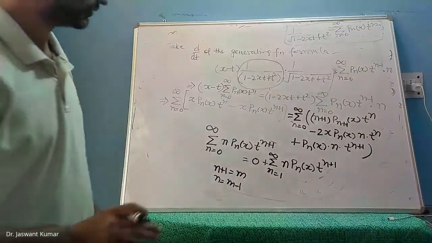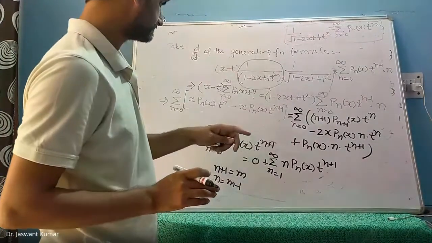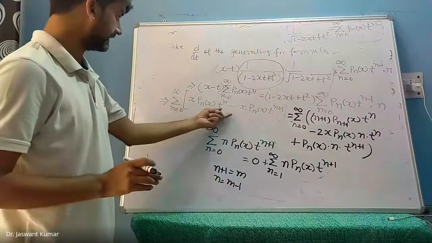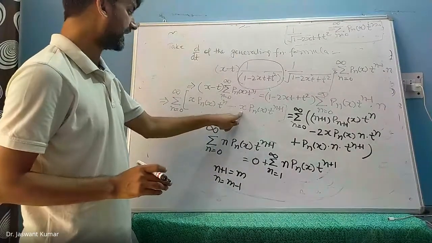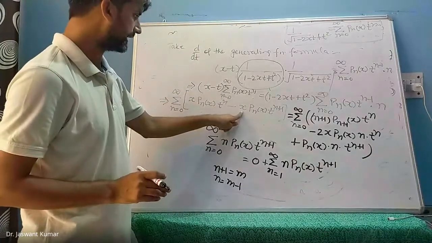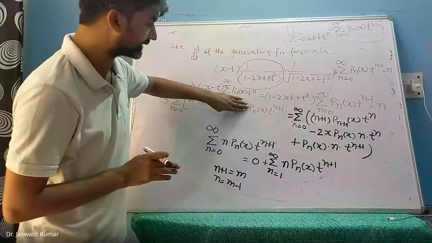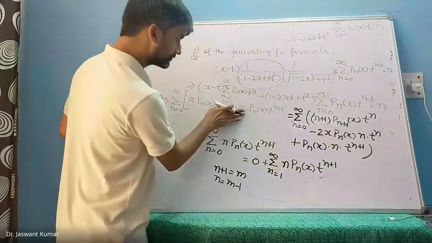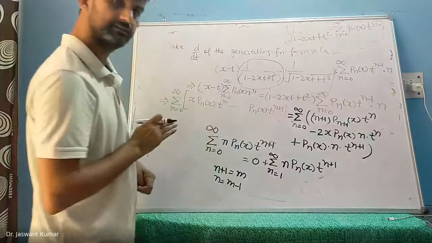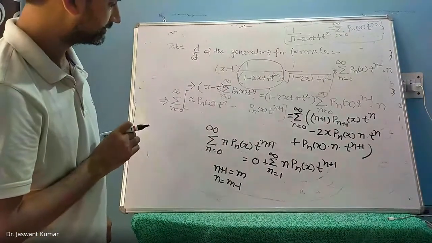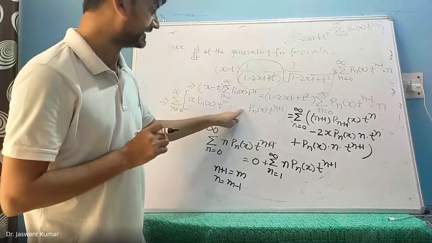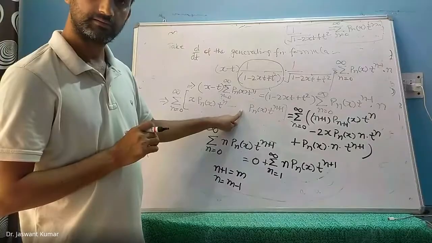Yes. Oh, okay. Hold on. Students, this term, the left hand side, I think there should be no x over here. Are you all with me on this? Yes, sir. There should be no x over here, right? Because this was x minus t, which was multiplied with p n x t to the power n. So that means there should be no x. Correct? Yes, I have removed that x from the left hand side second term. Correct, sir.